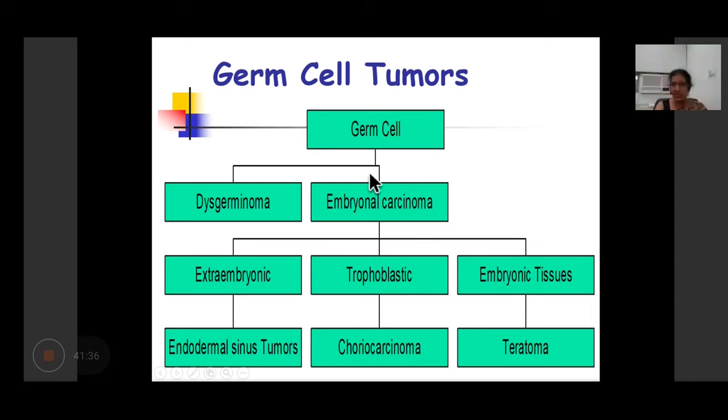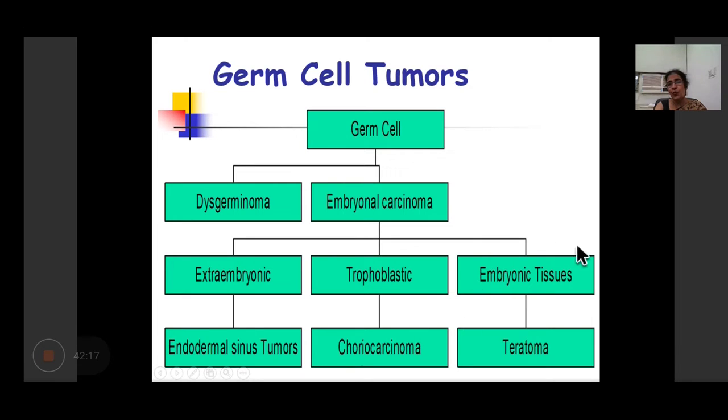When it forms embryonal structures, then we call it an embryonal carcinoma. So you will form embryonal tube-like structures: tubular, glandular, papillary structures are called the embryonal carcinoma. The tumors which show extra-embryonic differentiation, we call yolk sac tumor or endodermal sinus tumor. The tumors which show differentiation towards the yolk sac-like or endodermal sinus-like appearance are called the endodermal sinus tumor or yolk sac tumor. The tumors which show differentiation towards syncytiotrophoblastic cells and cytotrophoblastic cells are called the choriocarcinoma.